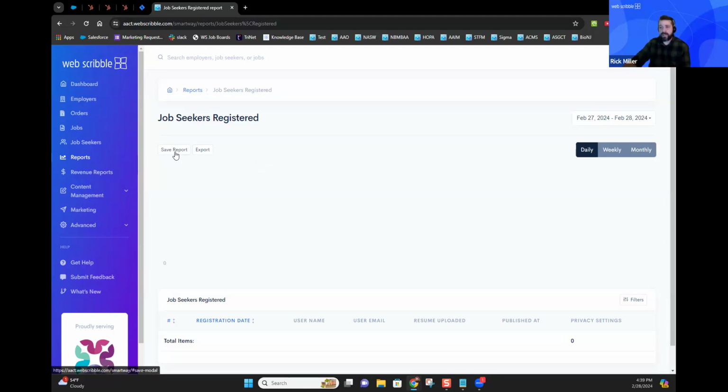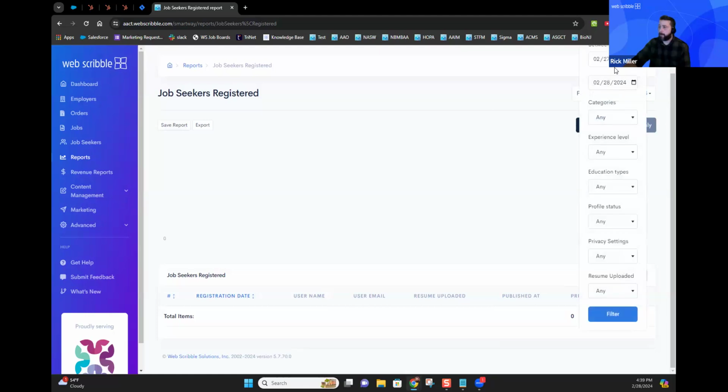We also allow you to save your report. So say you've set up all of these filters and you've run a search and you've outputted a couple hundred job seekers that have set up their profile a certain way. Their account is public. They've uploaded a resume. They have 5 to 10 years of experience. We're looking at public relations as their specialty. You can pull those results and you can save this report. And what will happen is we'll list out that report in this area here.